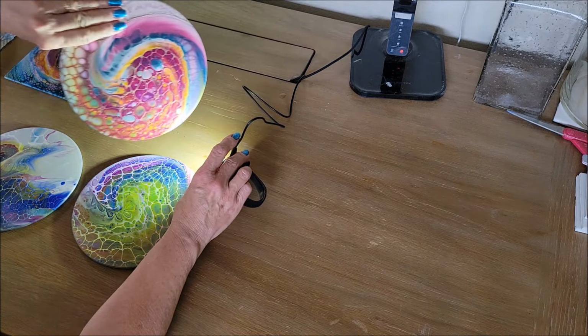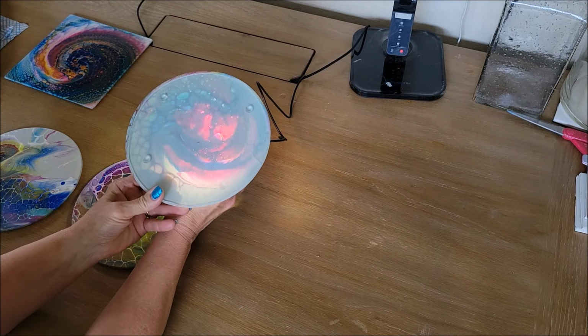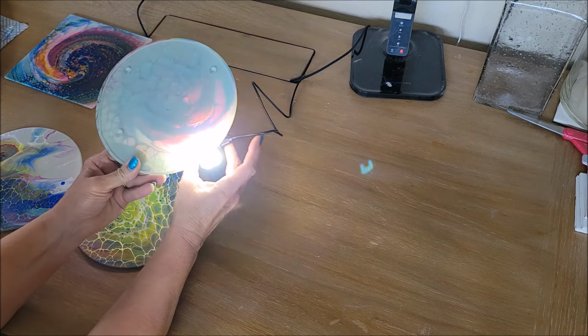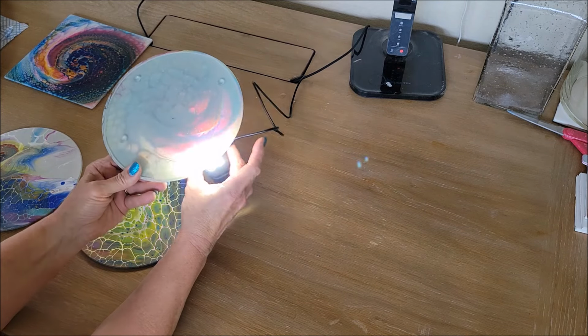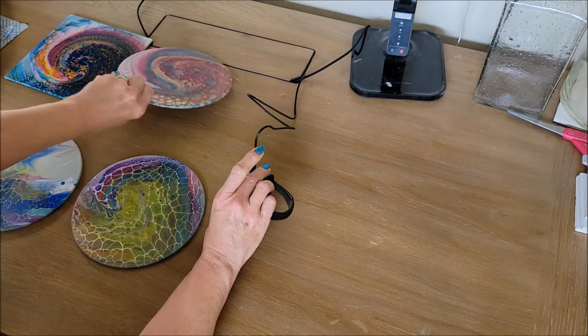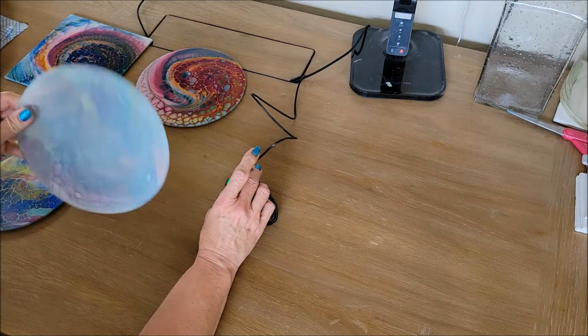I didn't spin this enough, probably more than that one, but not enough to get that to thin out. And again, the edges and the cells and lacing show really well, but then you get to the center and it's quite opaque. So with these, I actually did spin these enough